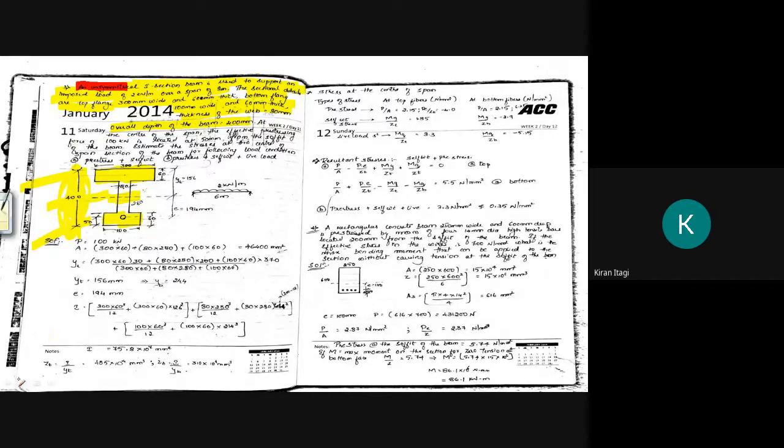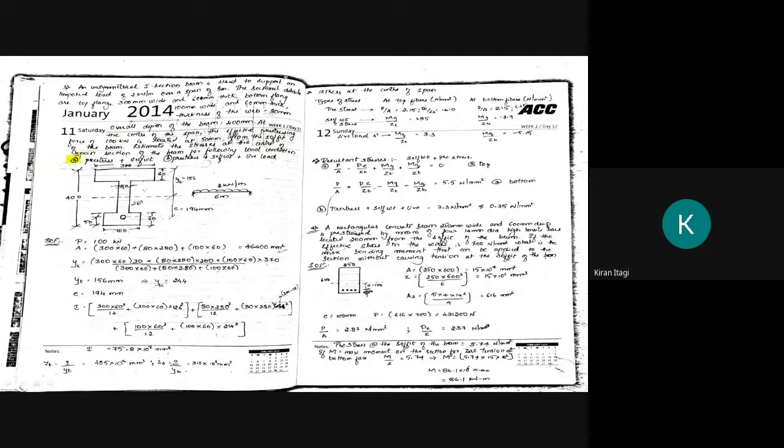Now at the center of this span, okay, at the center, an effective pre-stressing force of 100 kilonewton. Okay, so here he has given directly the force. He has given directly the force of how much? P equals 100 kilonewton. E is located at 50 mm from the soffit. See, he has not directly given the eccentricity. He has said that the pre-stressing force or the cable is located at how much? Here in the figure you can see it is located at 50 mm from the soffit, or from the bottom of the beam. And he says that estimate the stress at the center of the span of a beam for following conditions. Most important, for the